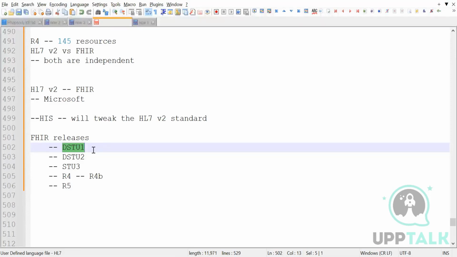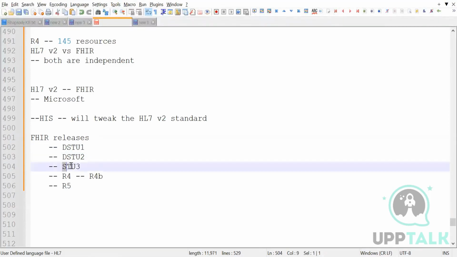DSTU1 was the first release of FHIR. DSTU1 stands for Draft Standard for Trial Usage. Number one is the release one. DSTU2 is Draft Standard for Trial Usage 2. Then they found that okay, D can be removed because now the standard is a bit stable, so they removed the